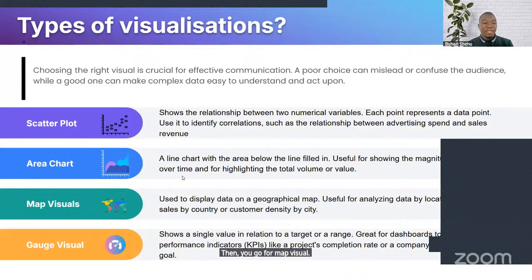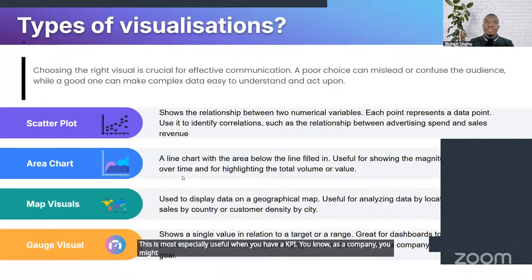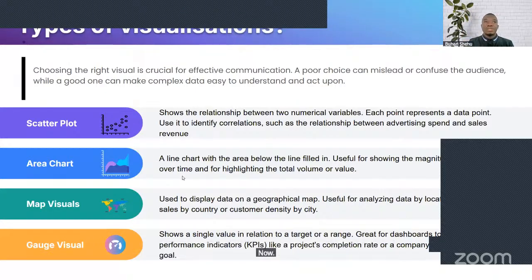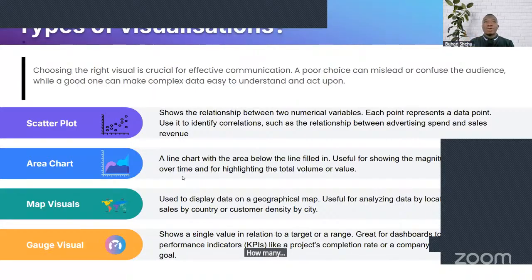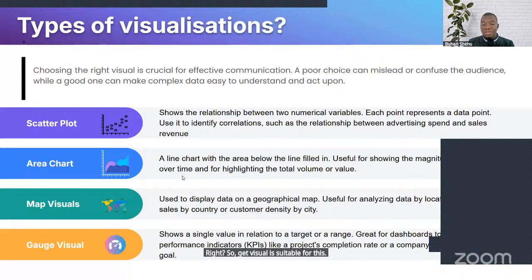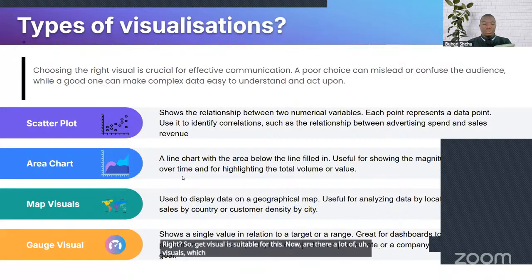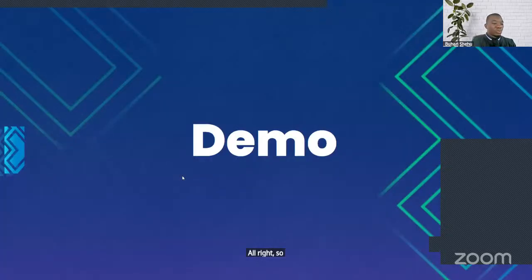Then we also have the gauge visual. This is especially useful when you have a KPI. As a company, you might have a target, maybe a revenue target that you want to achieve. And you may also have your daily revenue or your monthly revenue. So you use this to see, okay, what percent of your target were you able to achieve this month, right? So the gauge visual is suitable for this. Now, there are a lot of other visuals, which I might not introduce now. All right, so now we go into the demo of this